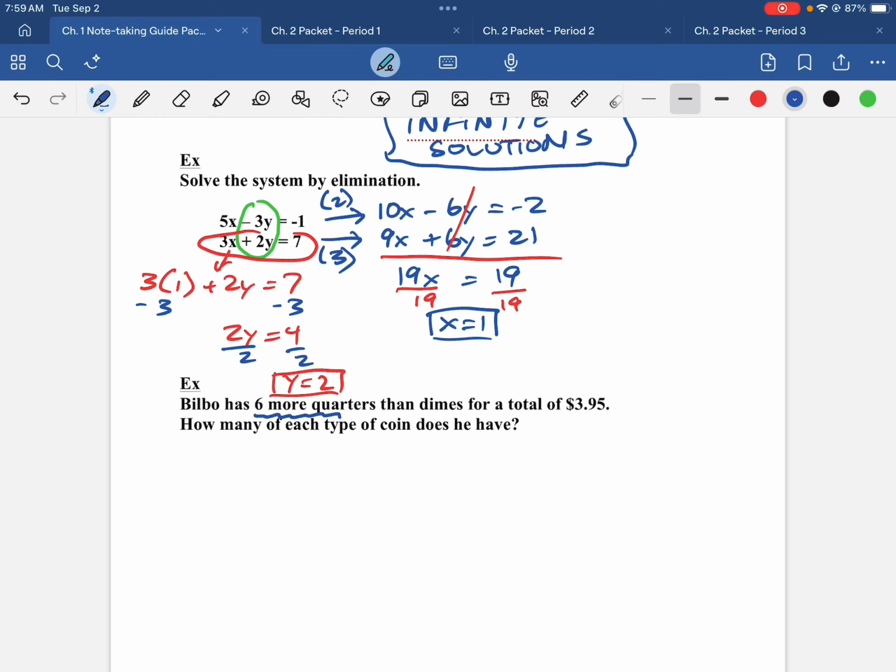I'm going to write one equation that has to do with the number of coins. So 6 more quarters than dimes. So let's say he had 10 dimes. That means he'd have 16 quarters, right? So I'll write an equation about the number. So if I take the number of dimes and add 6 to that,